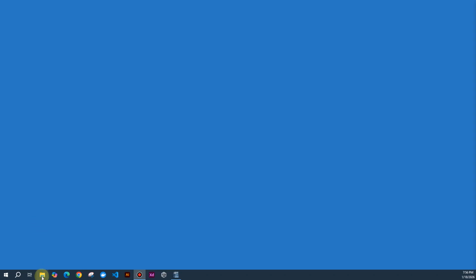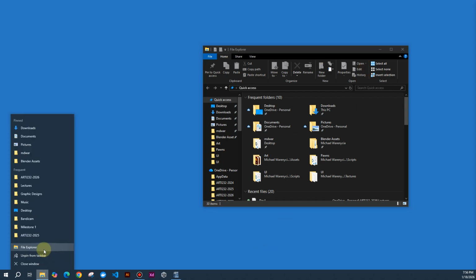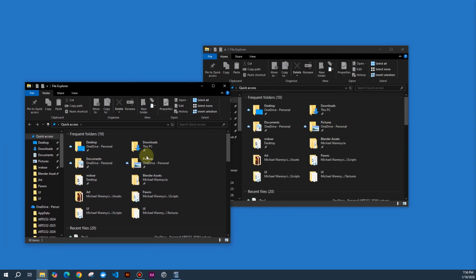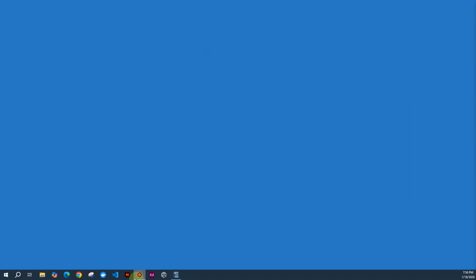So, file system management is performed with the Windows File Explorer. It's going to be this little yellow file icon right here. If you click on that, it's going to open up and you can access files through here. All right. You can open one window or you can right click on this and do File Explorer again and it'll open a second window. That's really useful in case, let's say I'm in my downloads folder and a project folder and I'm trying to transfer both. Well, if you go to downloads, how do you get to the other one? So it makes it a lot easier just sometimes to have two windows open in order to access multiple